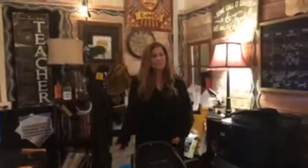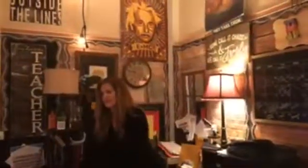So anyway, this is Einstein's library. Look at this teacher area, which I love. A little messy, if you don't look at the stuff. No, everything's good. But I got rid of the teacher desk, because I just didn't want a desk full of stuff all the time. I know what I have to work on. I know what I have to turn in. I know what I have to